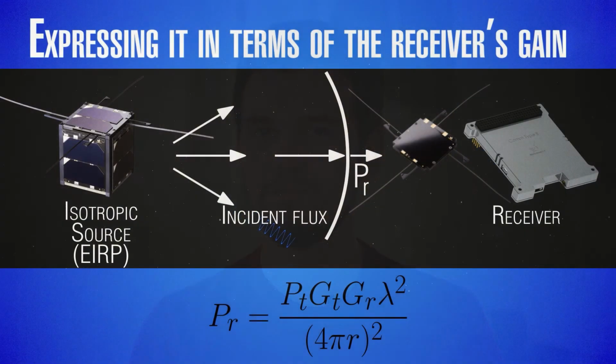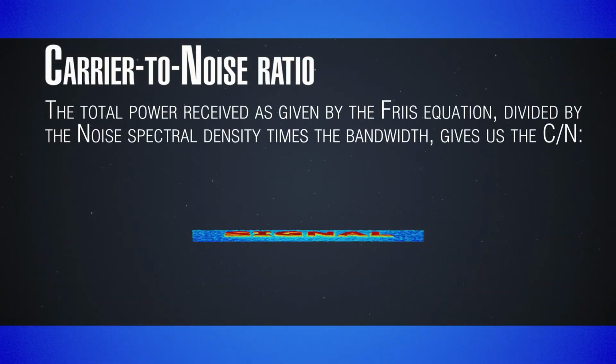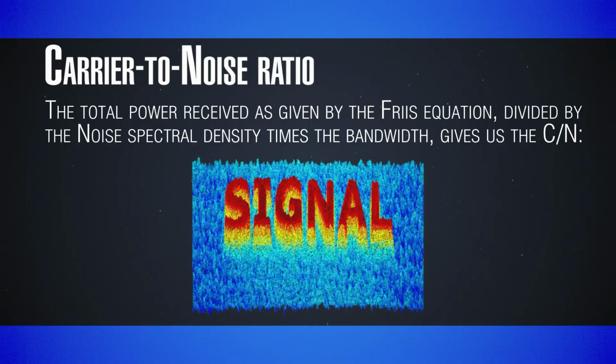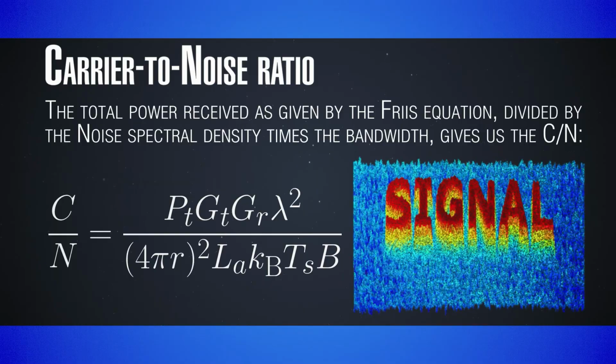So we computed in our last video the power we would receive in a communication through the Friis free space equation. We had the power of the transmitter, the gain of the transmitter, the gain of the receiver times lambda squared divided by 4 pi r squared. And what we should now add in order to turn this into a channel to noise ratio, since this is only the power received, only the channel power, is to divide by the noise. And how do we divide by the noise? Well, we simply divide by Kb times the effective system temperature, times B, which is the bandwidth